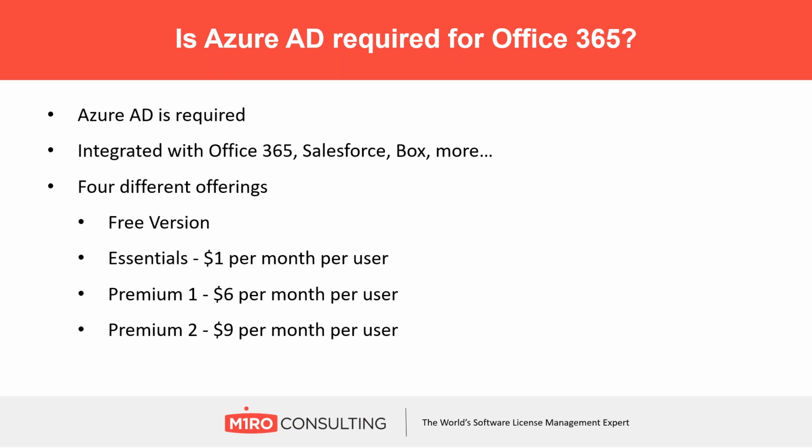Then there are 2 premium programs. The first one, Premium 1, costs about $6 a month. And the second offer goes for about $9 per month. And these are per month, per user fees. And obviously, for that cost, there's a difference in the capabilities. For example,